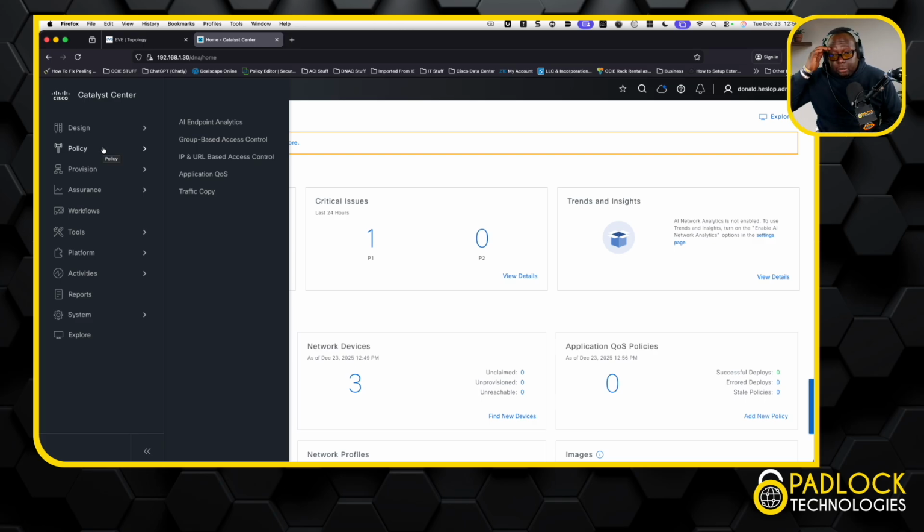So now let's start talking about what it looks like. Top down. All right, always remember that. Top down when you get in the Catalyst Center. You've got the design. This is where a lot of your heavy lifting is going to be. You have the network hierarchy, network settings, network profiles. This is where you attach templates, and we'll get into templates. Image repository. This is where you can put your gold image or get an image for a certain model of switch and make it the gold image,